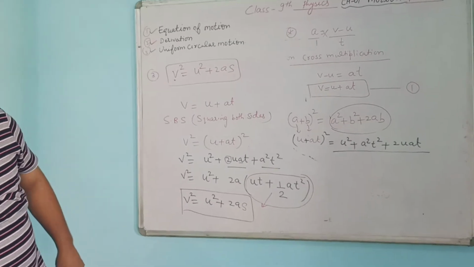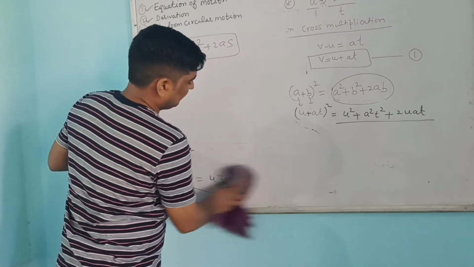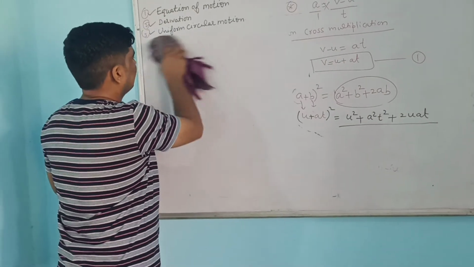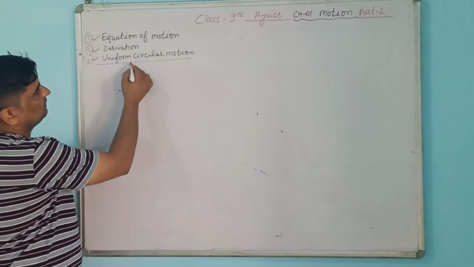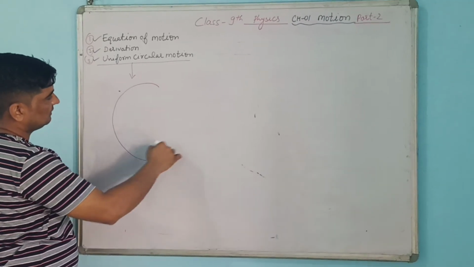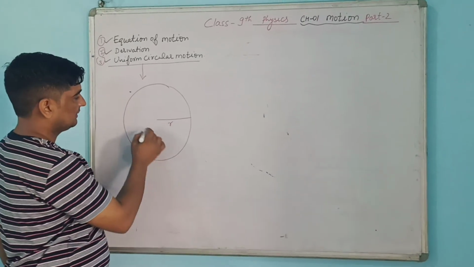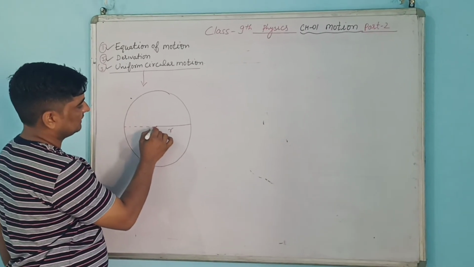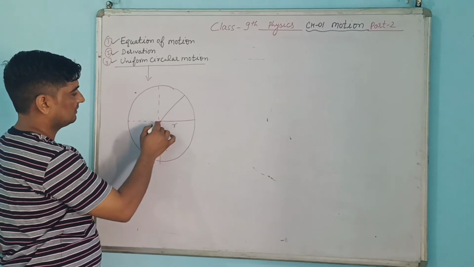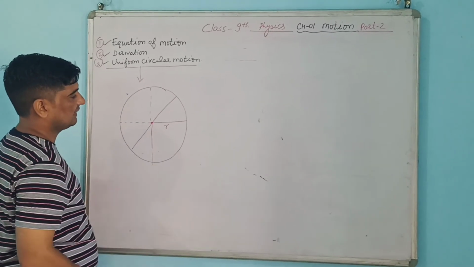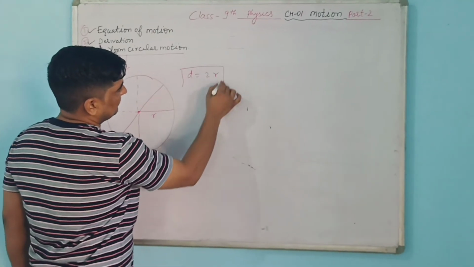Now we will take uniform circular motion. What is uniform? Uniform you know now. With respect to time, if an object changes its position, then the third topic is uniform circular motion. Circular motion, you know, circle, all of you are familiar. This is radius. Then the full length across is called diameter. If it is passing through the center and dividing the circle into two parts, that is diameter. If passing through center, all the lines will be diameter. So diameter equals 2 times radius.